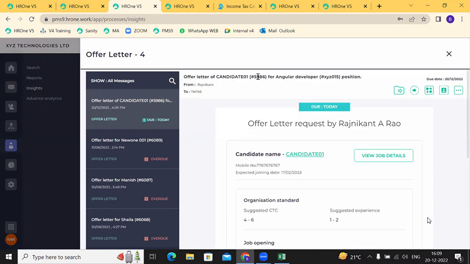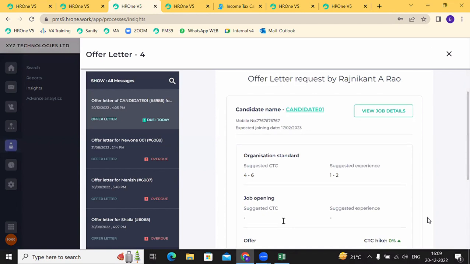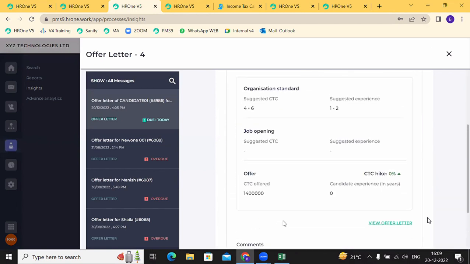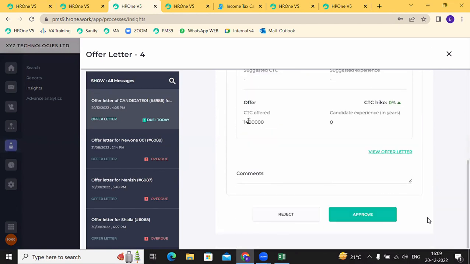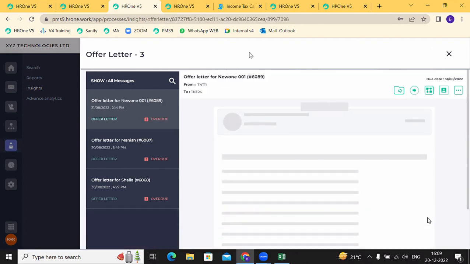Okay, so this is the offer letter for this candidate. CTC is this and everything. And okay, so now offered is 14 lakhs. If I want to approve, I can even view the offer letter if in case I want, and then I'll approve it. So now